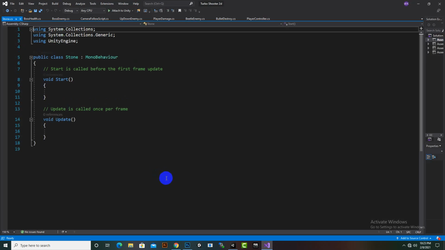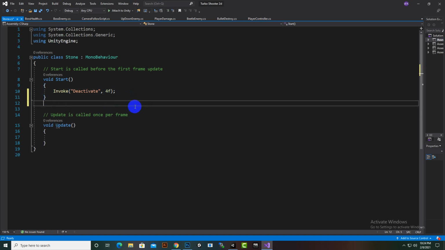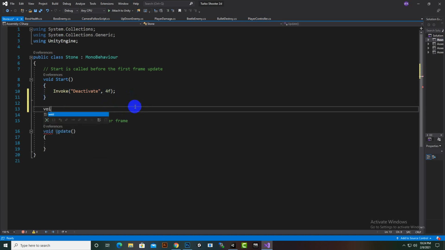And in this script, in the start function, we will invoke deactivate, comma 4f. So the stone will be deactivated after 4 seconds, and we will create a deactivate function, void